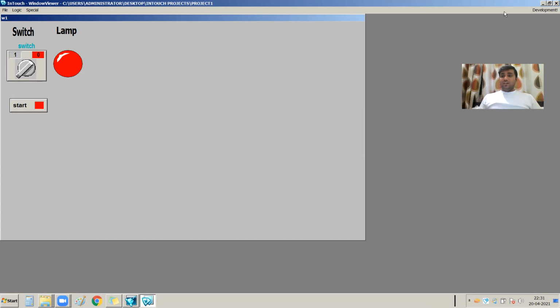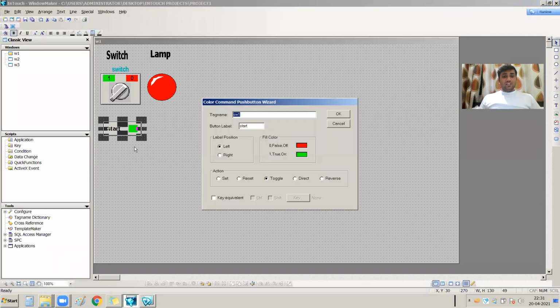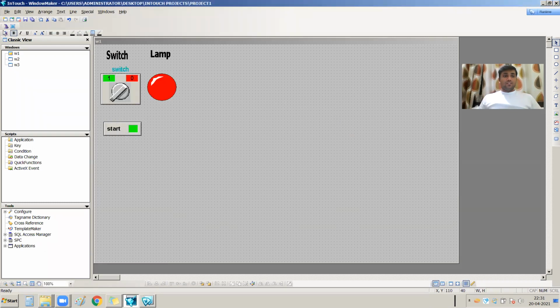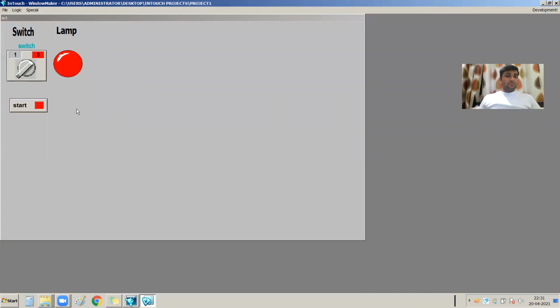Now if I use the set action, set means while pressing the button my tag will be set, meaning my tag will be 1. If I press OK, save my window and go to the runtime, see, my sw1 tag is 1, meaning set. If I press again, it will not revert back because I have used the set action. So if I want to reset that sw1 tag,